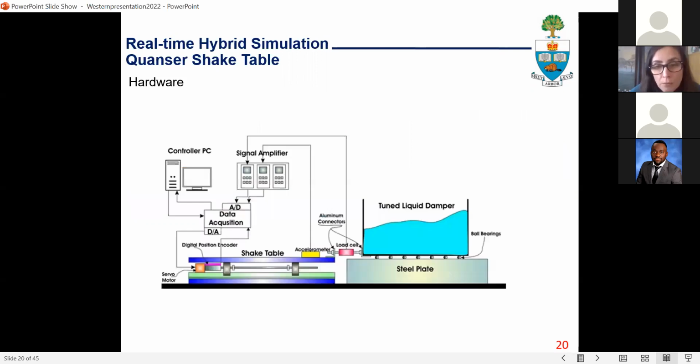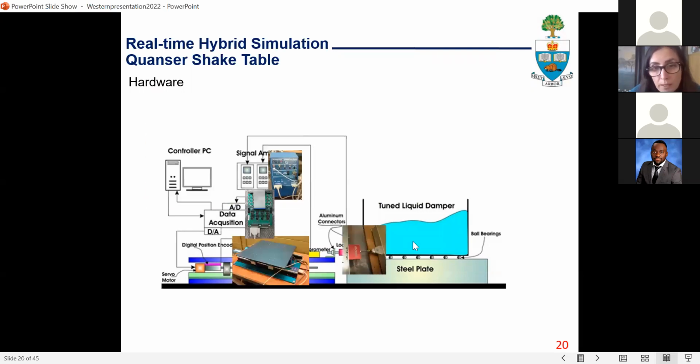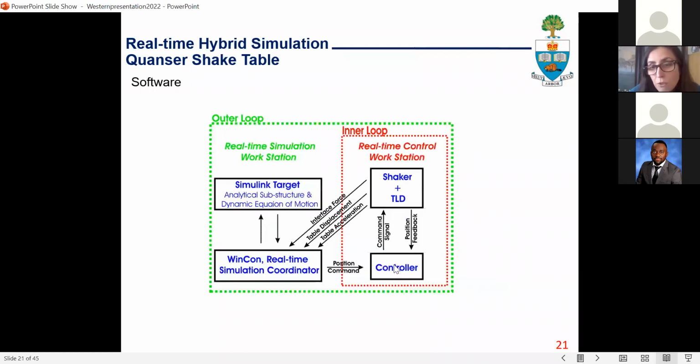So for the hardware, we had the shake table, and it had its own controller and data acquisition system. We had to introduce some sensors. And on the software side, the shaker came with its own controller. So the inner loop was kind of there. We introduced the outer loop, the integration algorithm and analytical substructure, and we used WinCon to coordinate, to synchronize the